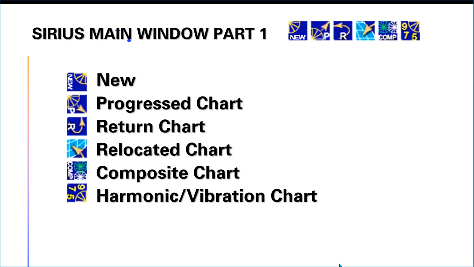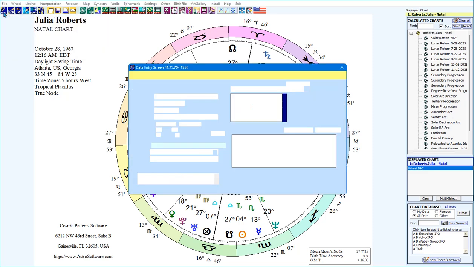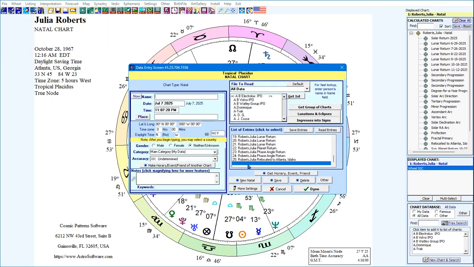Here you go. Here is the series program. We have these blue icons in here. Let me get started with the new icon. I don't want to bore you, but I'm going to show this in a simple way. You click on new and then click on add new chart. This is where you start the program, and you can enter the first name, the last name first.